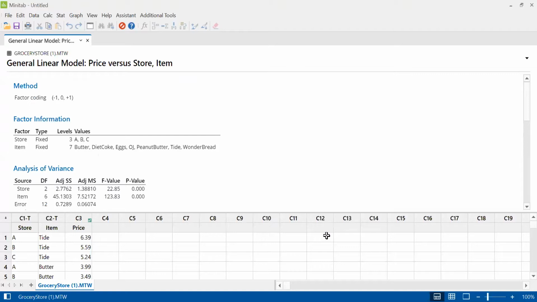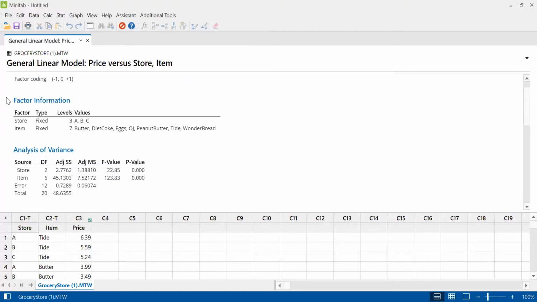You're going to see the output looks really similar, but it just has a little extra, right? So look at right here, factor, store, and then it has item, and it has all the different items there. So I just want to think about, in the original ANOVA that I built, why do I think there's so much unexplained variability? Well, it was probably coming from something like eggs that's like $1 to something like Tide that could be like $20, depending on the size that you're buying. So there's a huge price difference there. And that's where some of that unexplained variability is coming from,